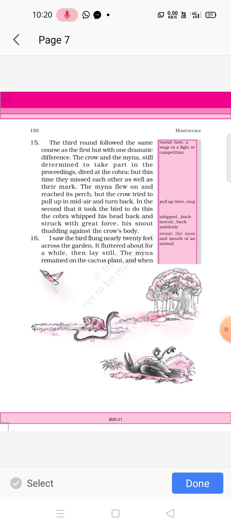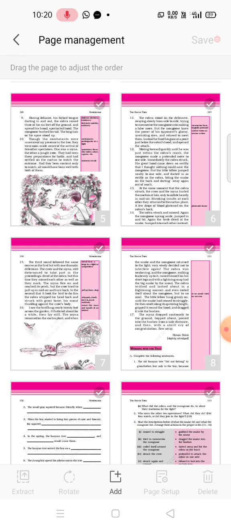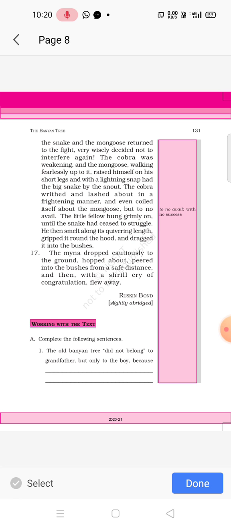It fluttered, means flapped wings about for a while, then lay still, means died. The myna remained on the cactus plant, and when the snake and the mongoose returned to the fight, very wisely decided not to interfere again. The cobra was weakening, and the mongoose, walking fearlessly up to it, raised himself on his short legs and with